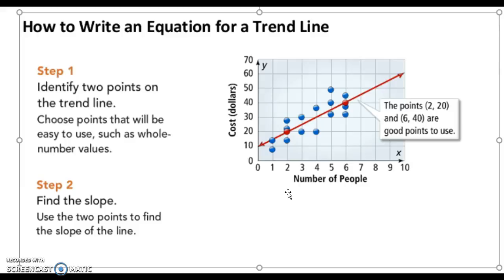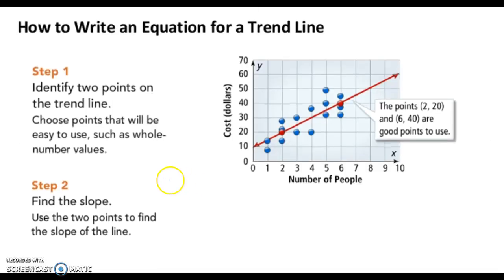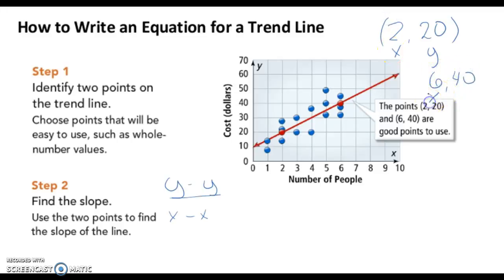So now we're going to find the slope. The slope, if you remember, is y minus y over x minus x. Our points up here, we have 2, 20, and this is the x and this is the y. And then we also have 6, 40, and the x is the 6 and the y is the 40. So as we're looking at those, we're going to go ahead and subtract out those points. First thing I'm going to do is I'm going to take the